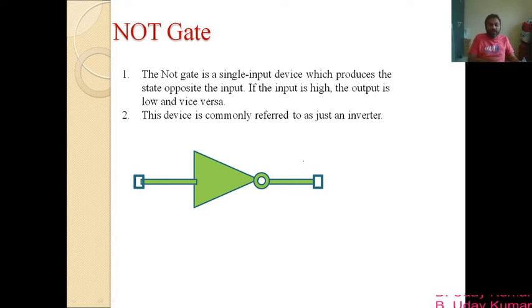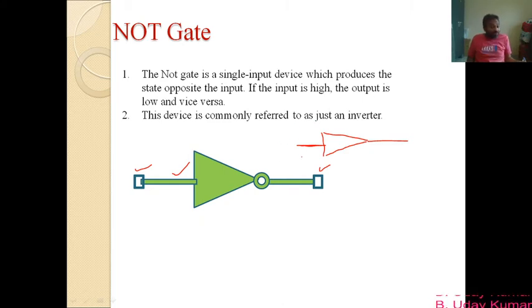That means I can mention this NOT gate like this also. It's a triangle, and it has only one input, right? So that you can observe here. This is one input this gate is having, and also it has one output. It is not necessary to mention the terminals. Here I have mentioned with boxes, right? You may mention it with boxes, or you can mention those terminals with circles, or you need not mention it at all. So the choice is yours.